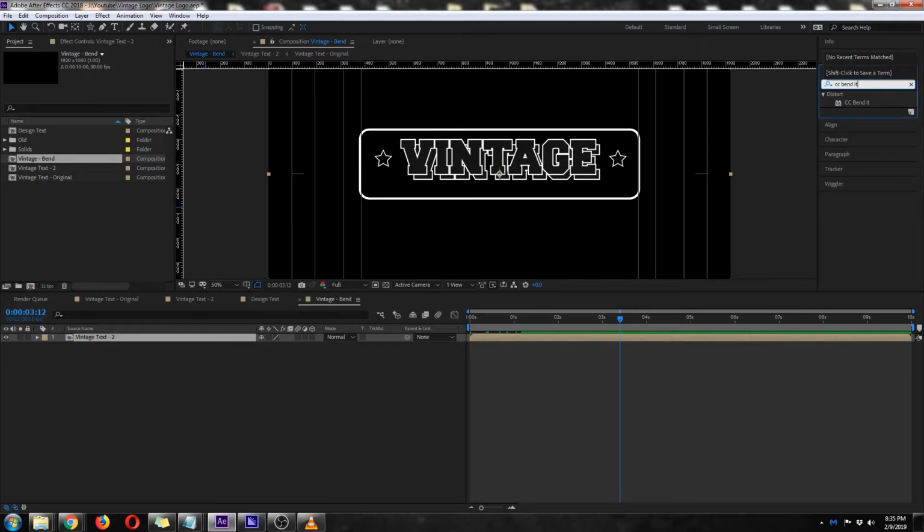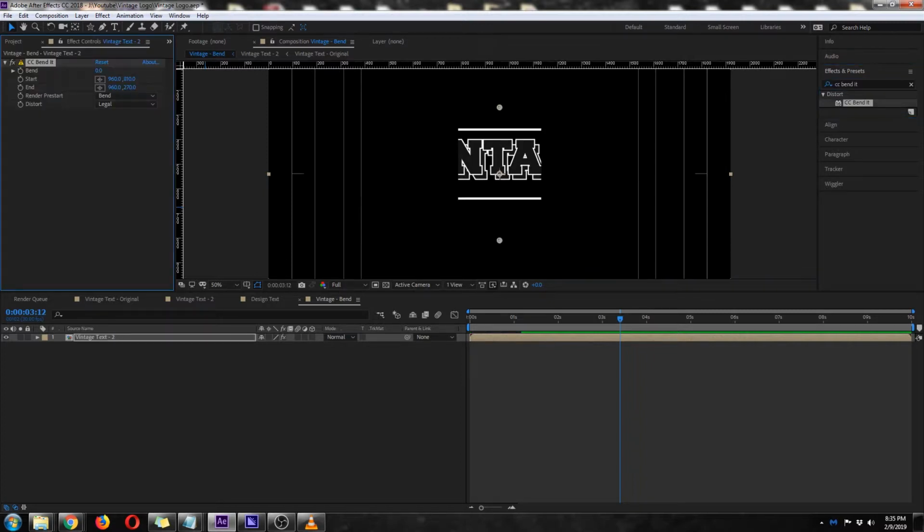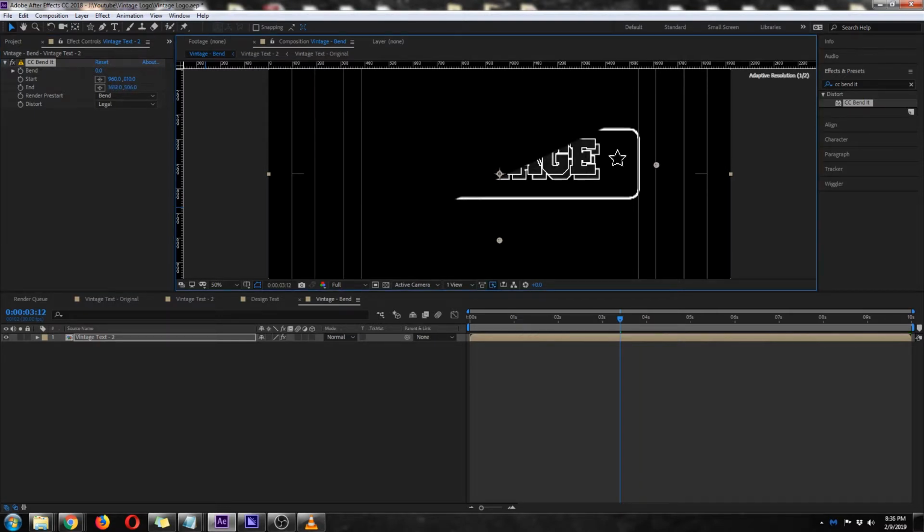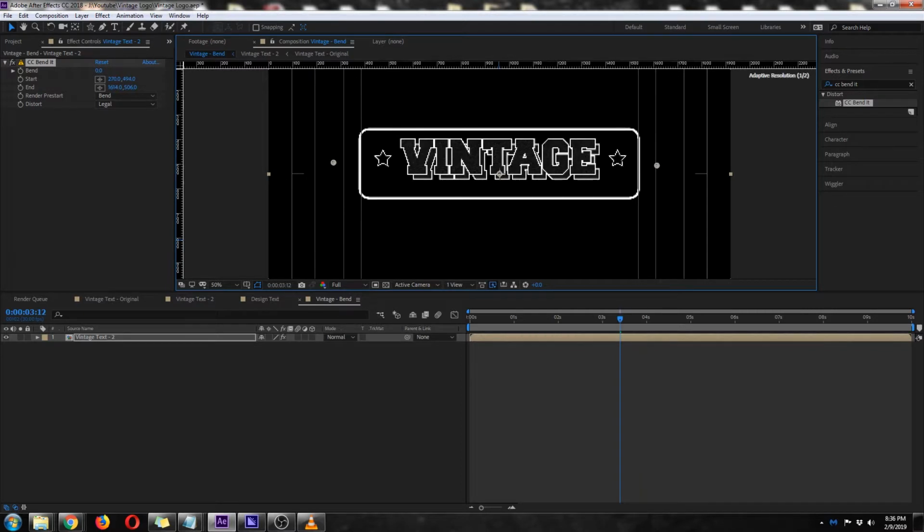There's a few different ways to bend text, but CC Bend It is probably the best one. You can use Warp, but Warp will actually deform the text, and it looks like CC Bend It tries not to deform the text. So let's see, that's the end. We're going to move the top one over here, the bottom one over here. So we have the, and then if we play with the bend, you can see how it's going to. Actually, we need to do it the other way. So bring this over here, this over here,